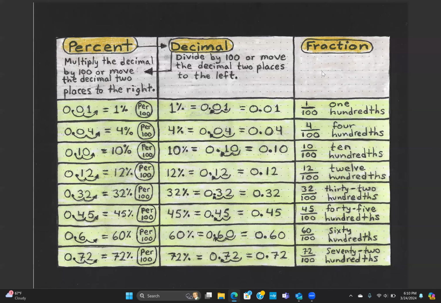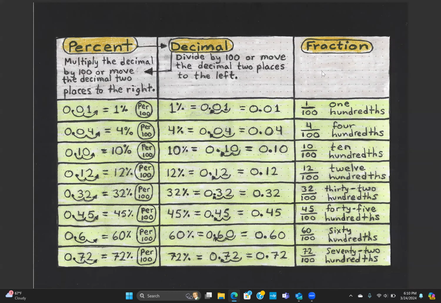Today, we're going to be working with percents, decimals, and fractions. Percents, decimals, and fractions are, among other things, the math of banking, credit cards, finance, interest payments, and investments. Percentages, decimals, and fractions are the math of the adult world, and the sooner you learn about them, the better off you will be. Percentages, decimals, and fractions are synonymous terms, meaning that they're really the same thing and they're